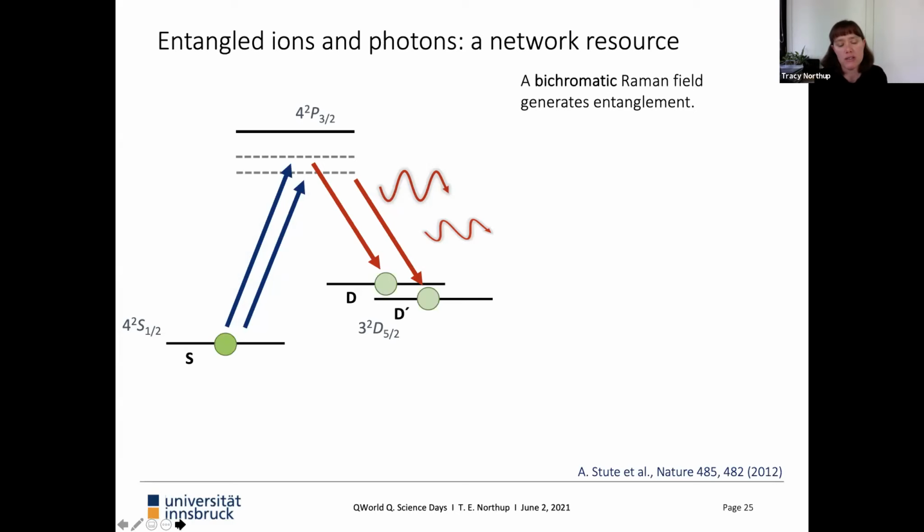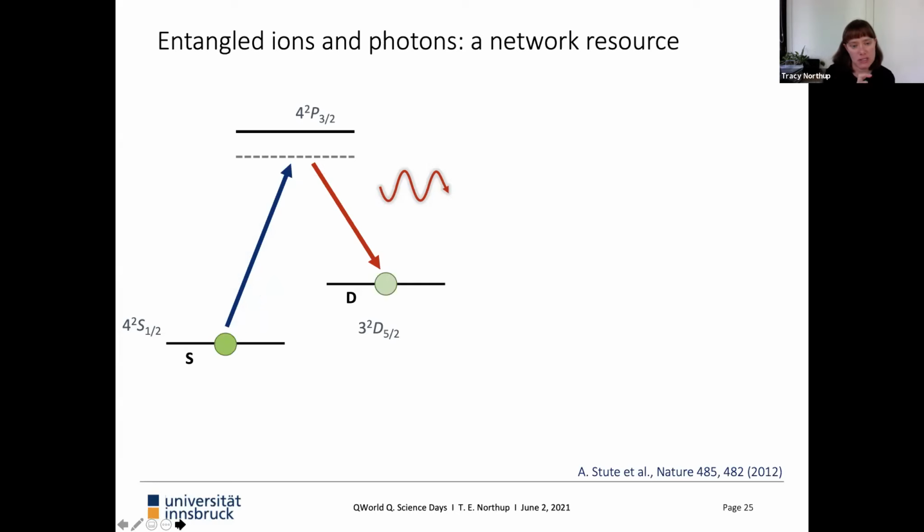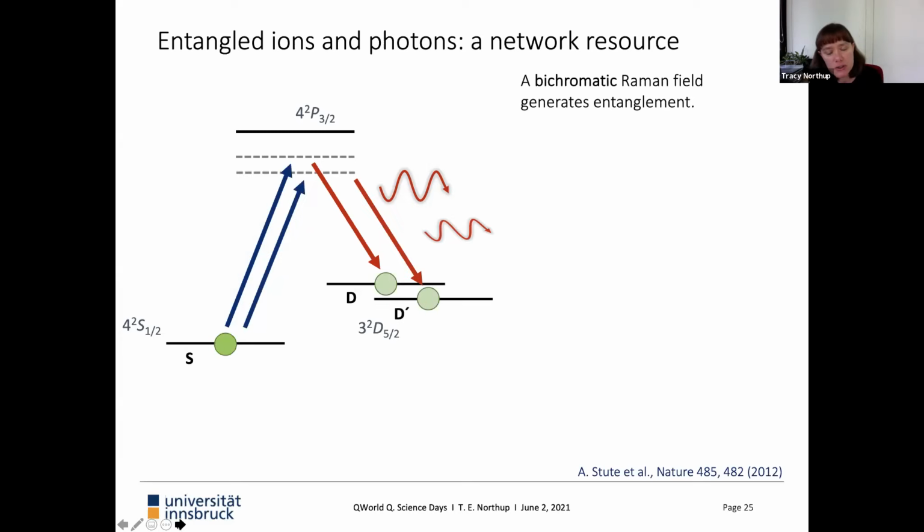And now what I can do here is use a laser, actually. So here, going back one step, I use a single laser field to generate one photon. I can use a second laser field to generate a second photon. The reason I have to use 2 fields is because there's a slight energy difference between the 2 final states because of the magnetic field that we've applied to split the states out. So I generate 2 different photons.